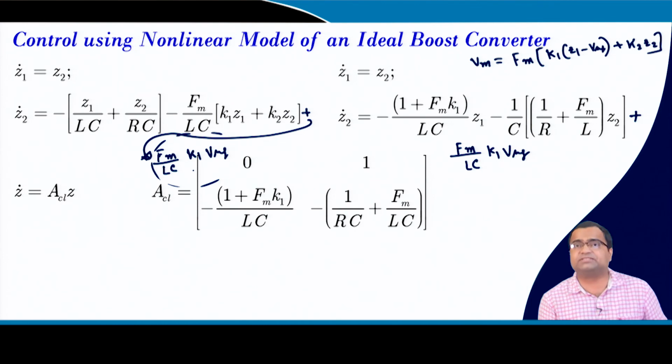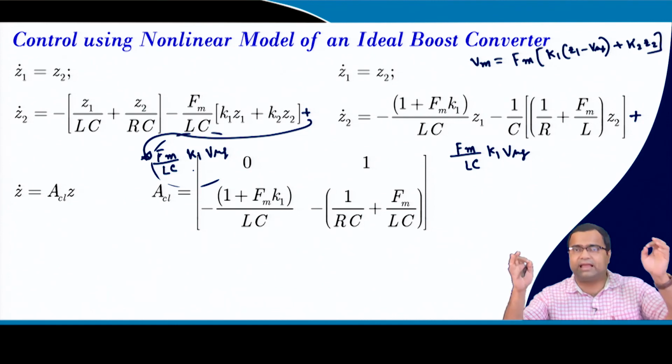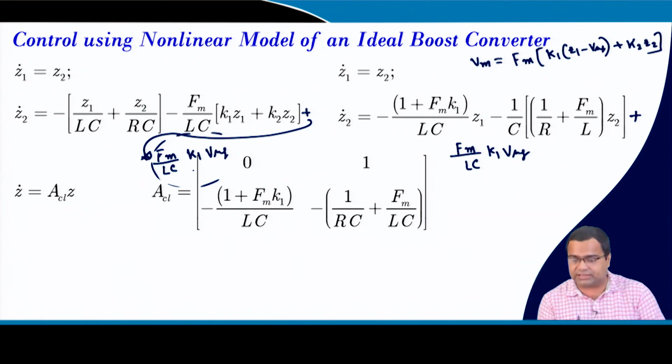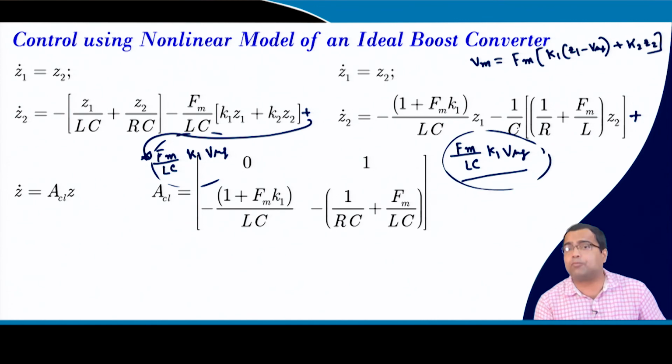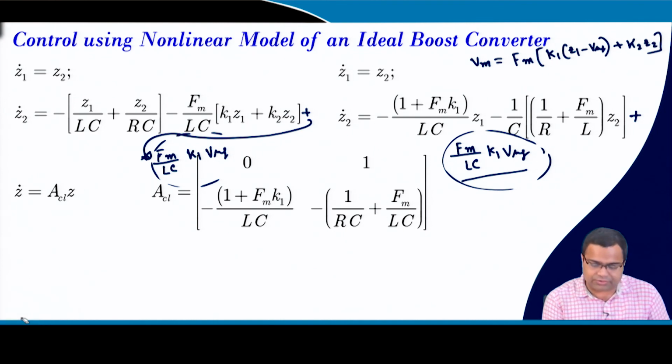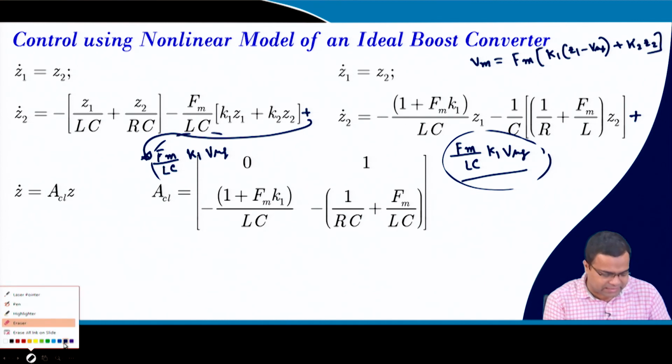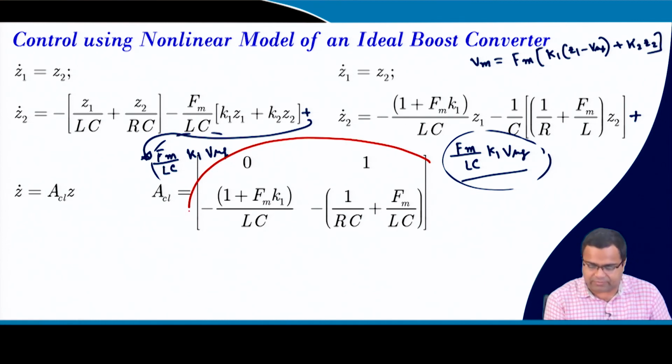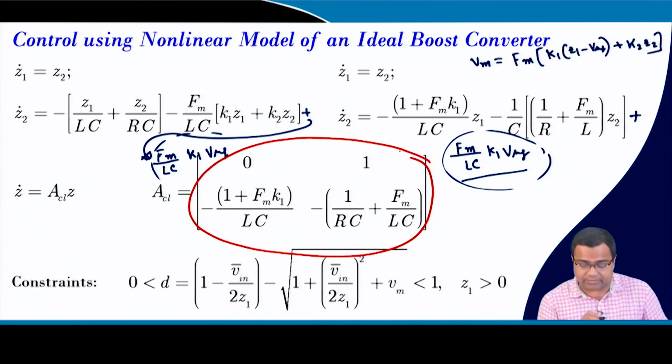So, this offset term is just as if there is no offset term, we are trying to get the stabilization at origin, because we want any arbitrary initial condition to be driven towards origin, but here we want to drive towards the Vref. So, only adding this offset term changes the operating point, but the stability will be determined by this particular term. That means this particular term will decide the stability. So, our stability will be decided by this particular matrix if you solve it suitably, but there is a constraint,